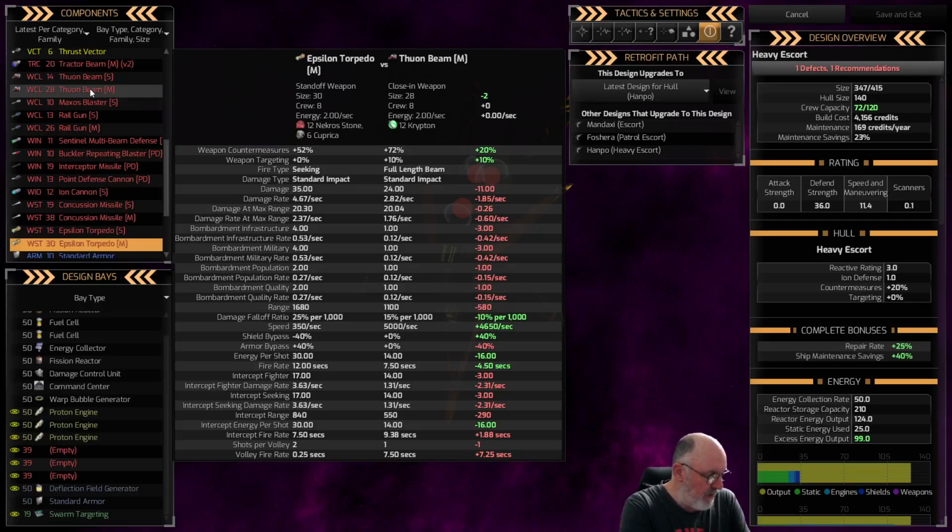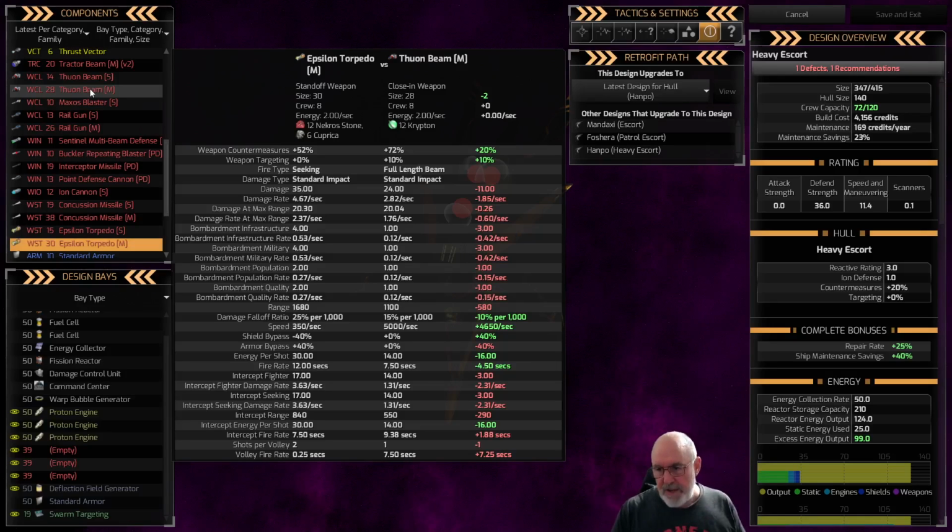The rate of fire is every 7.5 seconds, so it's sort of up there in terms of what it will then do. It doesn't have any shield bypass or armor bypass, so it's just going to do whatever damage it's going to then do to the actual ship itself. So this is sort of a viable weapon for us as well. And I quite like the idea of this one because it's just going to be doing solid damage with a beam attack. And so let's just start off by placing those into the...